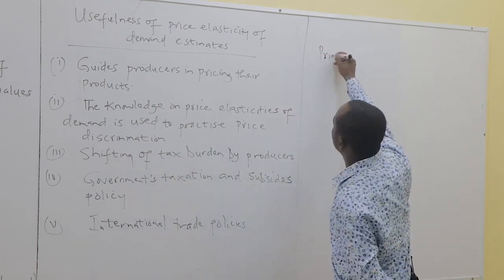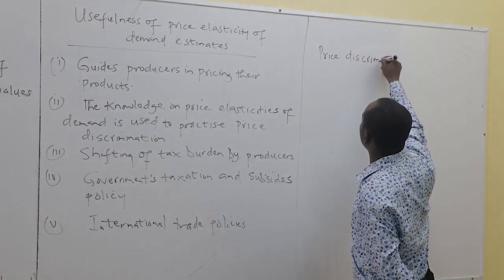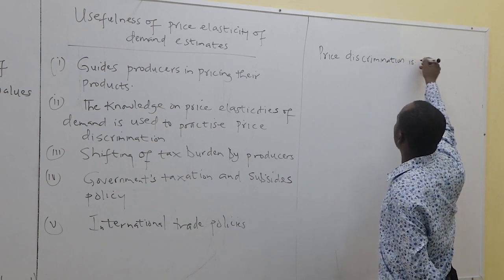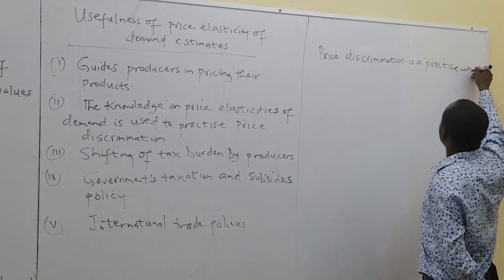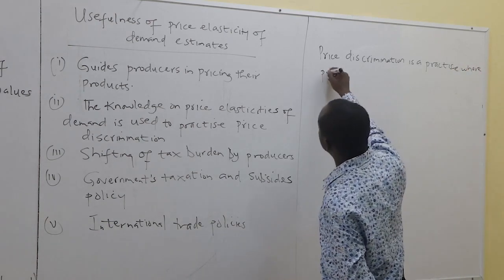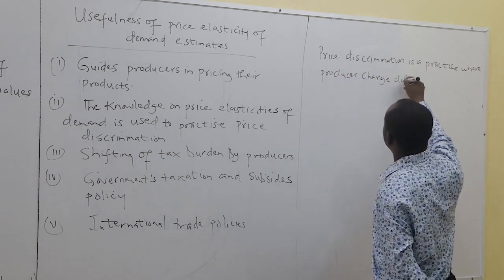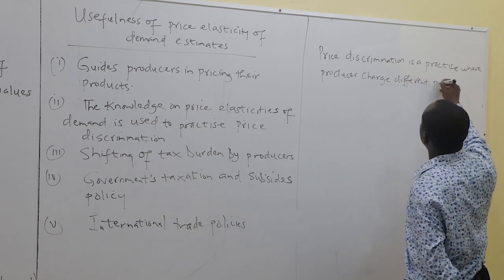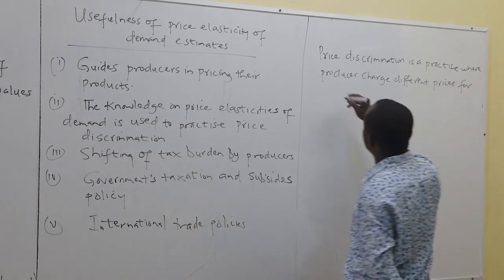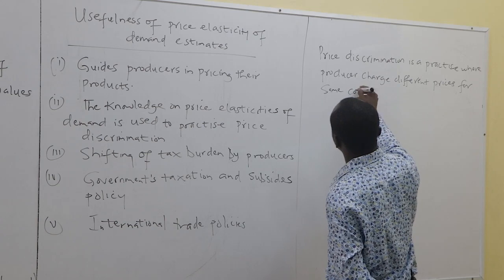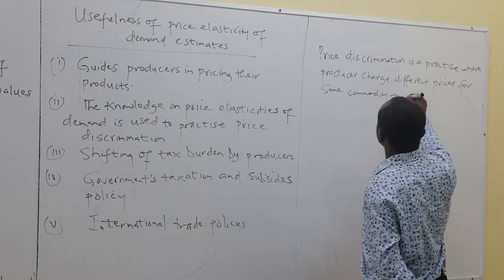Price discrimination is a practice where producers charge different prices for the same commodity to different consumers,